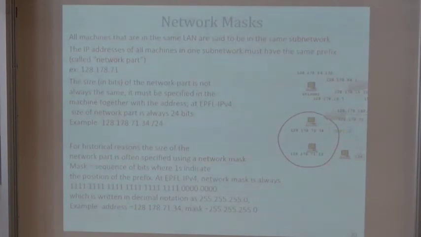Typically, you send a broadcast. You send a message to everyone asking who has this MAC address. But the broadcast is done only in the local area network. In the local area network, nobody has this destination IP address, so nobody will answer. It will not work. So this guy will say destination unreachable.